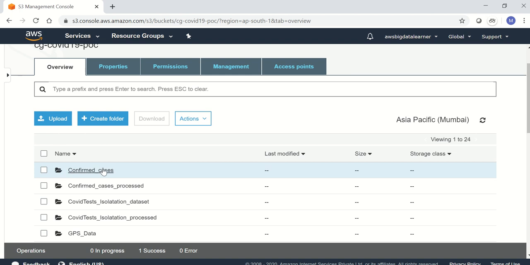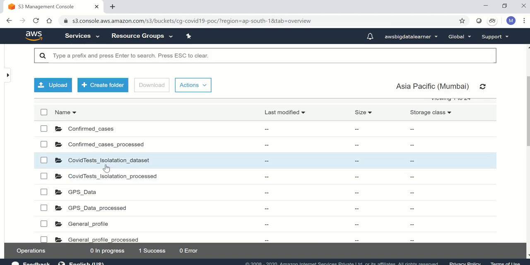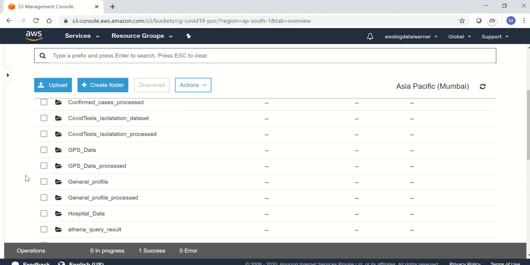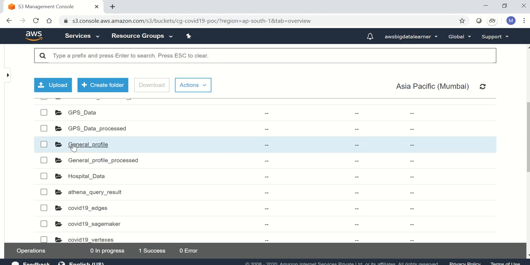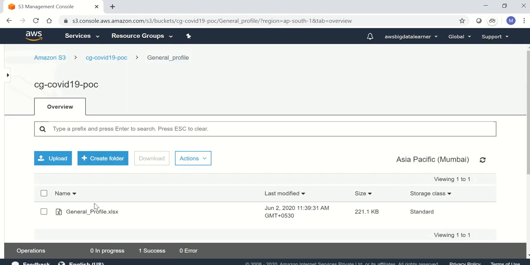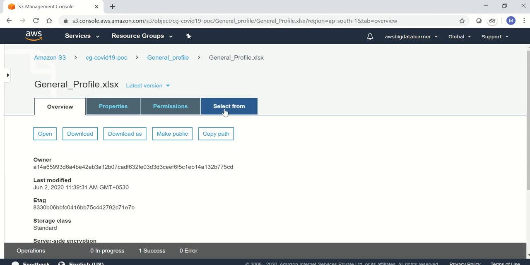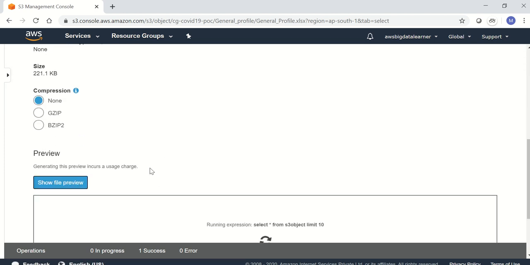Now we have seen the confirmed cases and we have seen the isolation. And general profile will have the general information such as patient details, address and all.